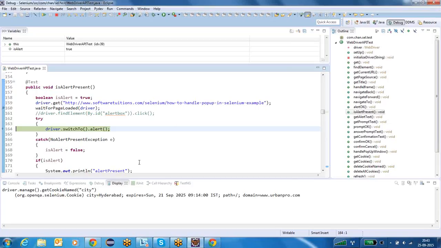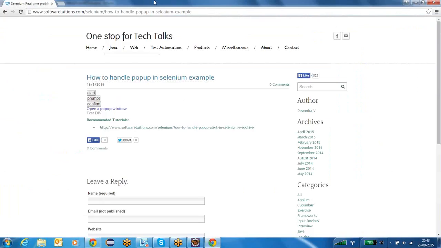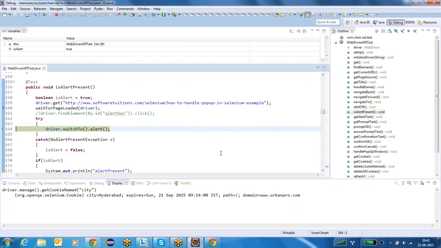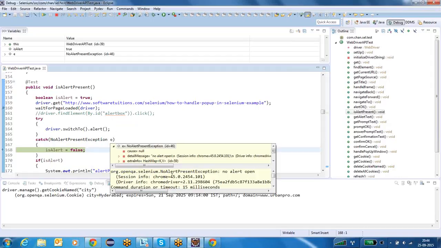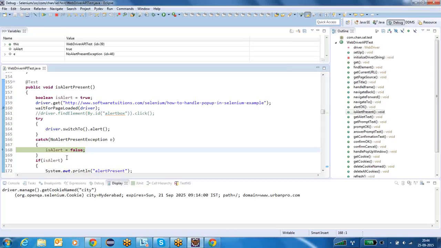I am calling driver.switchTo.alert, but the alert is not there. On the web page, we don't have any alerts. Without an alert, if I call driver.switchTo.alert, it will definitely throw an exception. See what it is saying, no alert open, no alert present exception. The message is no alert open. So they are throwing the exception, I am catching it.